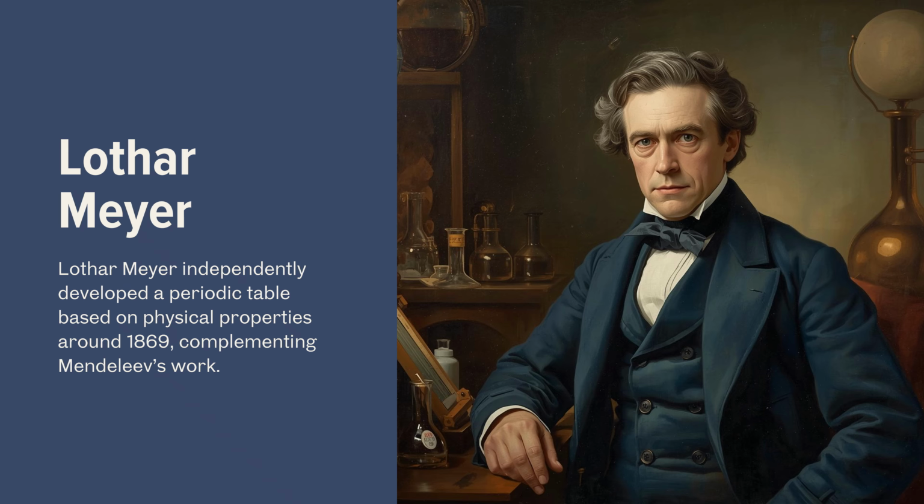How could he possibly do that for something no one had ever seen? Well, it wasn't just guesswork. It was based on the logic of his table. He looked at the properties of the elements around the gap, the ones above, below, and to the sides. By interpolating, kind of averaging or reasoning from the known properties of the neighbors, he could make very educated predictions about the properties the missing element must have to fit the periodic trend. That's incredible. It turns the table from just a classification into a predictive machine.